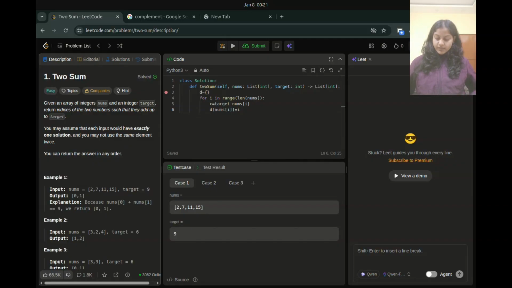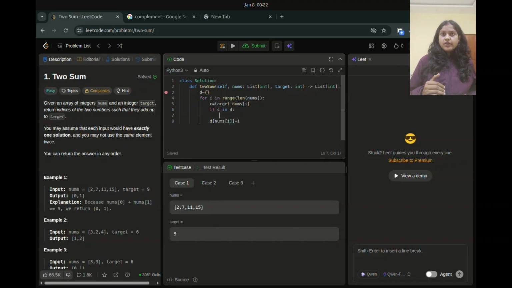So before adding next values we will first check if c exists in our dictionary or not. So 2 exists in our dictionary. That's why we will just return